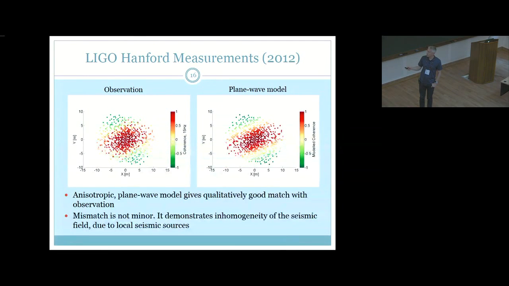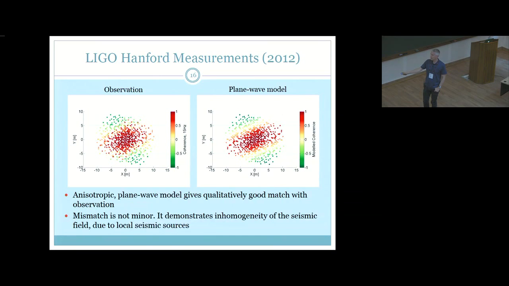So the question is, when do plane wave models not really approximate reality very well? This is when you have strong local sources, and by local I mean really close to the test masses. This could also be seismic scattering. So the good news is that all the sources we have, even the infrastructure at LIGO, are sufficiently far away for plane wave models to be more or less accurate, and also we have no significant seismic scattering really. However, if you look at this very closely, it's not a perfect match.